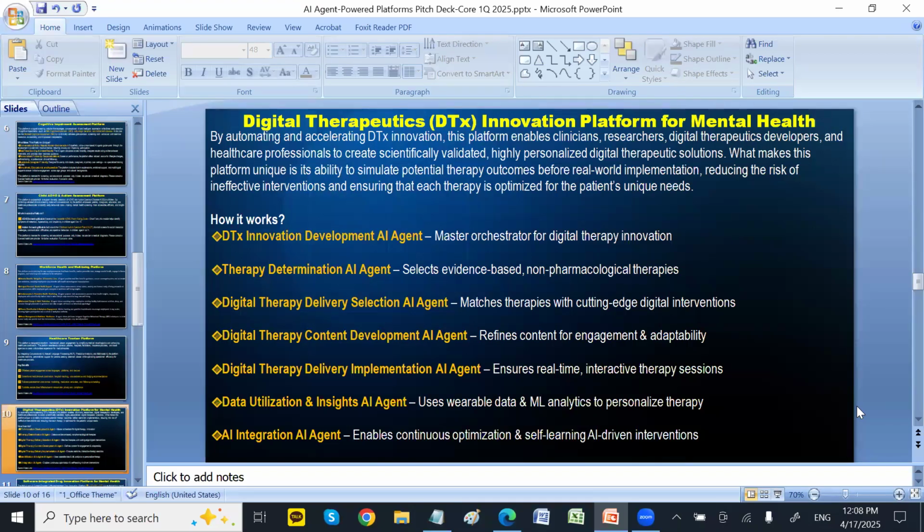I also looked at neurological disorders like rehabilitation, pain management, and chronic disease management like diabetes and hypertension, and many other types of health conditions.